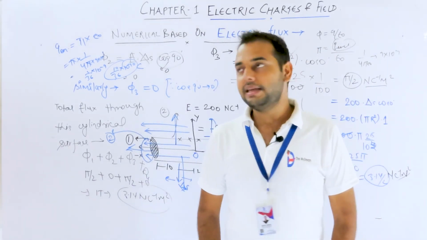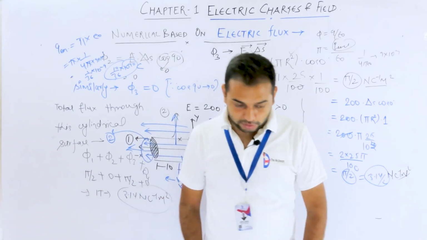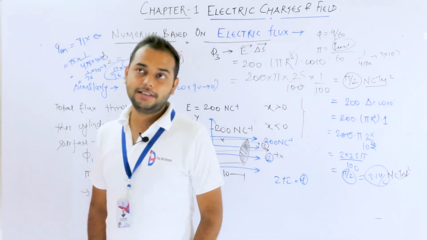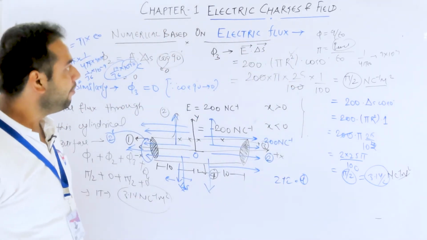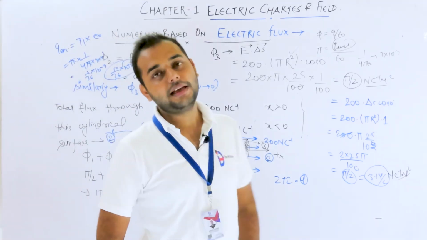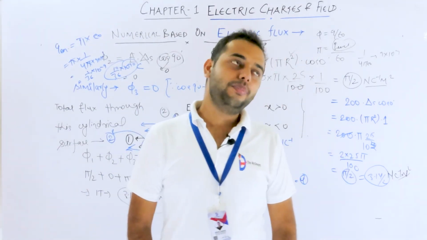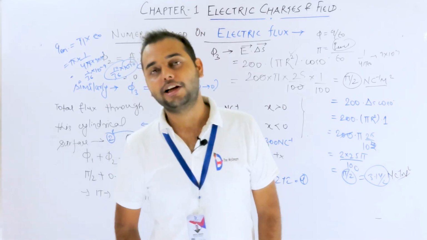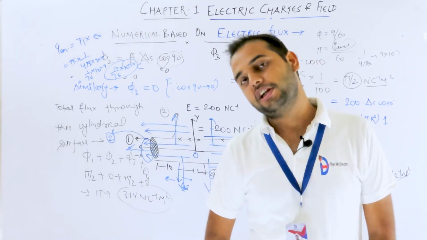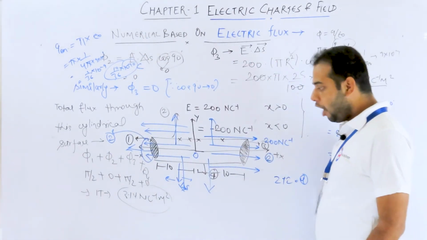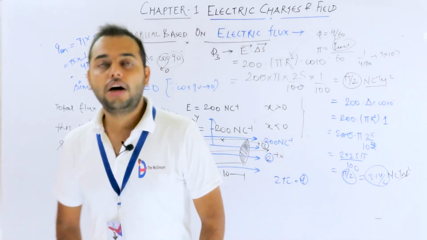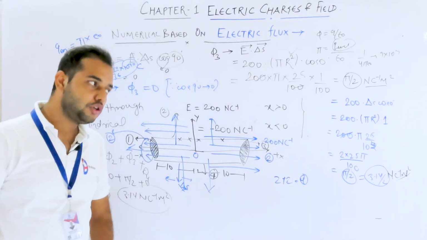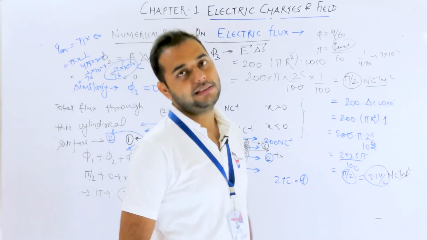So this is it for this lecture. And yes, it's a bit of an achievement for us, as we have already finished the numericals of chapter number 1. From the next lecture onwards, we will be dealing with the numericals of chapter number 2, which is electric potential and capacitance. So from now onwards, we will see how to solve numericals based on electric potential and electric capacitance, isn't it?